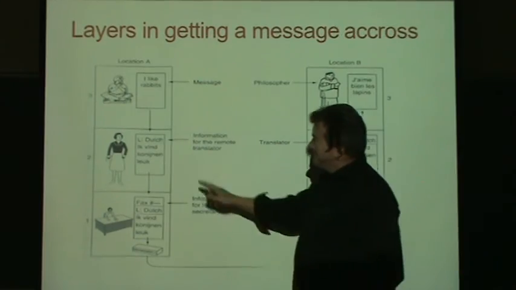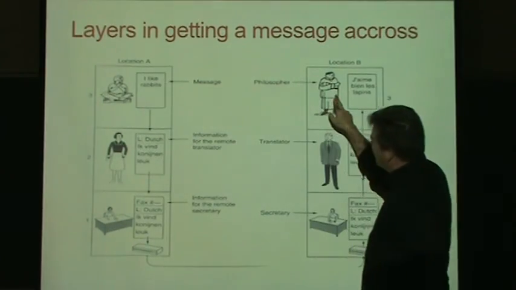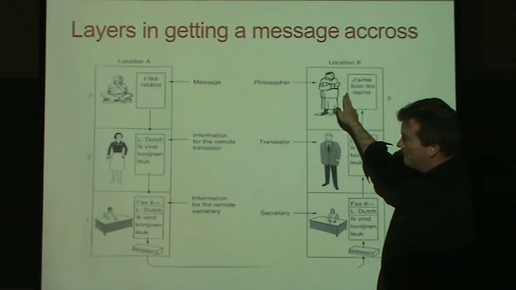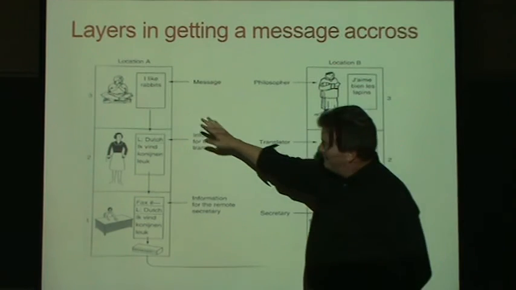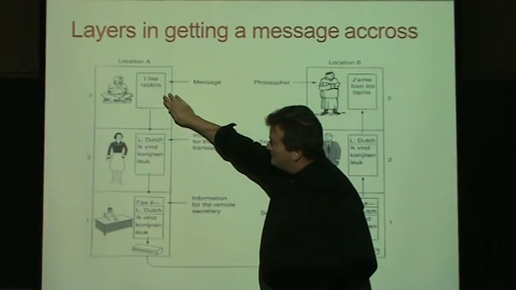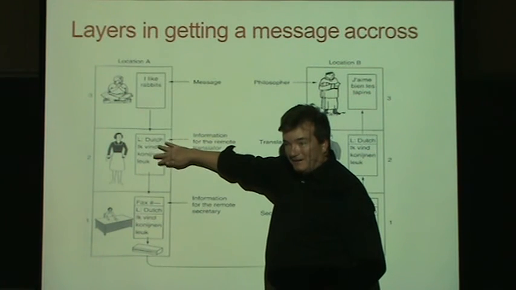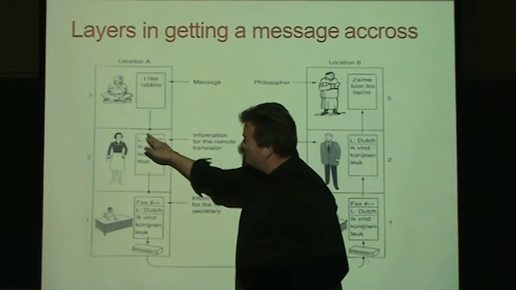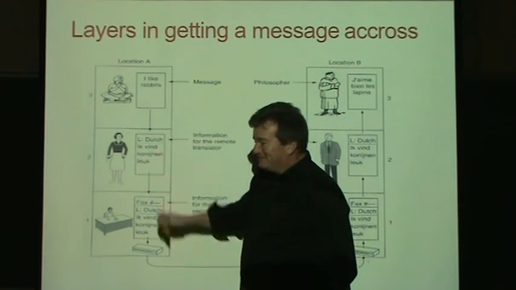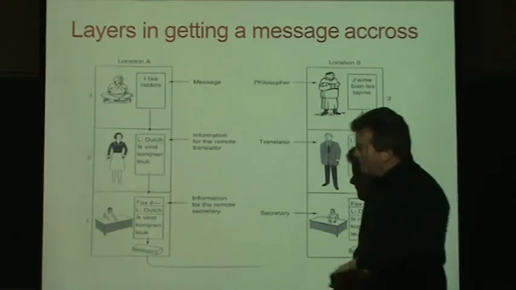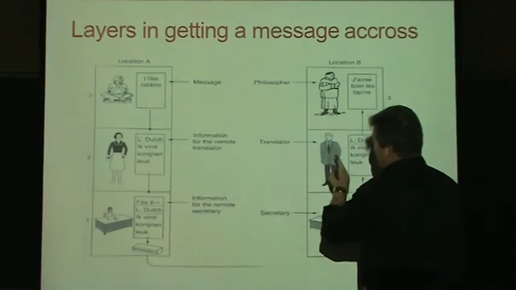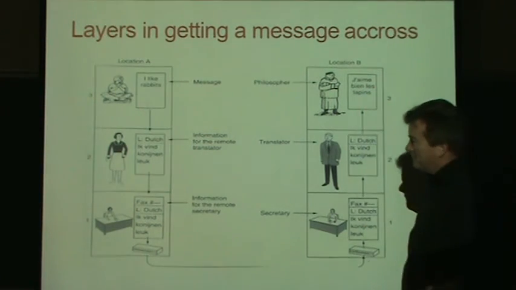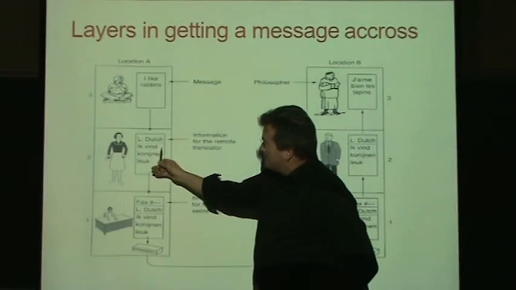So now the question is, how can this person get this message over to this person? How can an English-speaking person get it to the French-speaking person? They don't speak a common language, but this person can say the message in English and this person could understand it in Dutch. Then write the message out in Dutch, maybe even attach something to the message saying this is in Dutch. And then this person can understand it and convert it back to French. But now this person doesn't have a way to send it to this person,